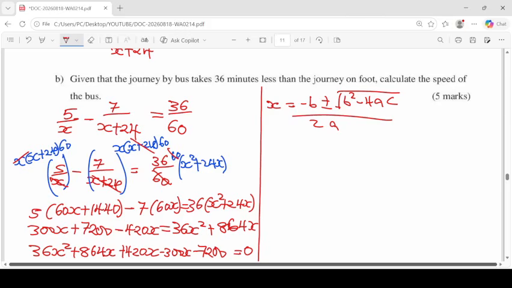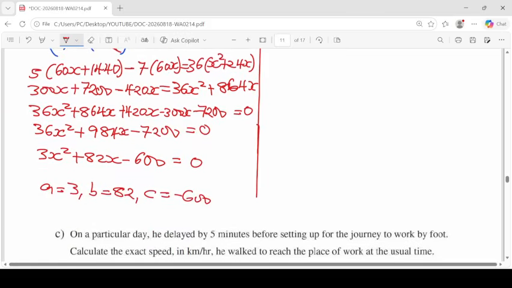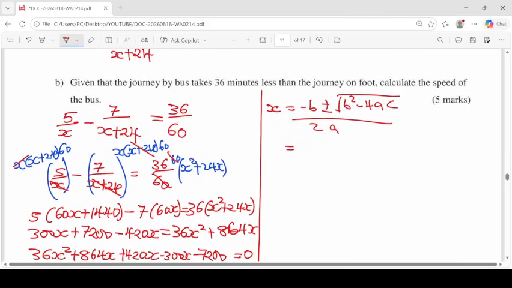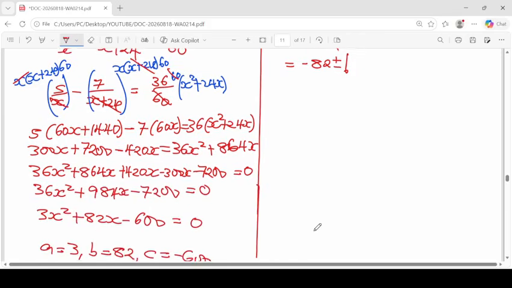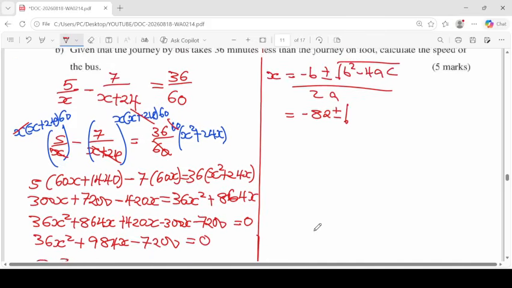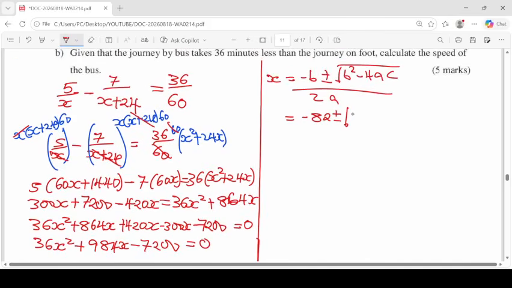So the moment we found this, we have this formula. Now we are going to substitute. When you're doing your substitution, remember that our value of b is 82. So this is going to be minus 82 here, minus 82. Then plus or minus the root of b squared. What is our b? Down here we've already written our b as 82. So this is the root of 82 squared